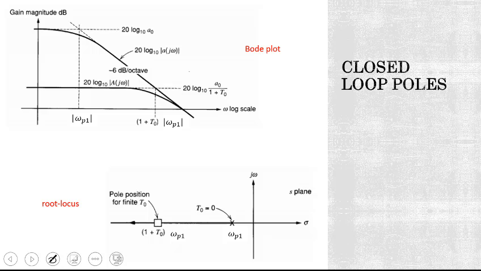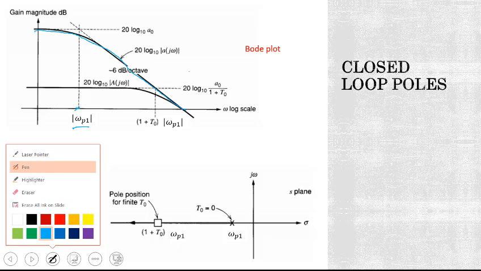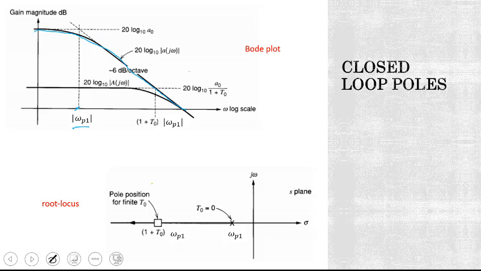The first plot that I have plotted here is the open loop transfer function, and we had that open loop transfer function having a pole at omega p1. When we put a negative feedback system, it's obvious that we get a gain that would be smaller than the gain of our open loop system, and that is recreated with this kind of graph. What we have done is overlap both our open loop as well as the closed loop transfer function onto the same graph, and in turn we can directly read what happens to our pole frequencies. The pole has shifted to a much higher frequency